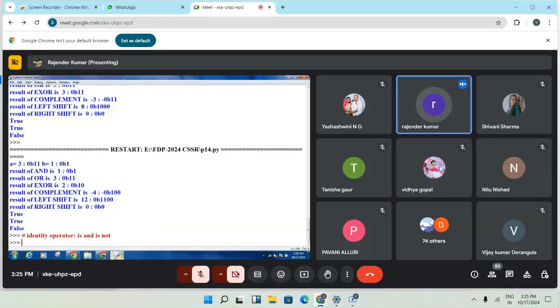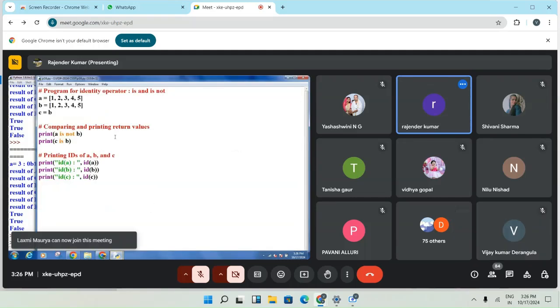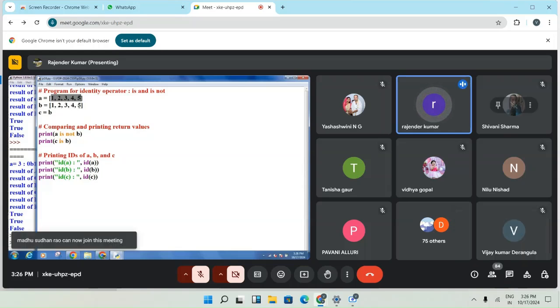If I take the example, you see a program for identity operators is and is not. I have taken a list which consists of 1, 2, 3, 4, 5, and I have taken another list which consists of 1, 2, 3, 4, 5,